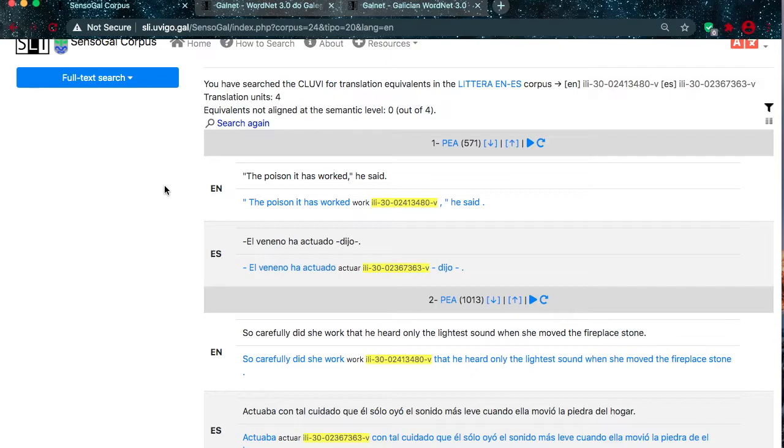Like the majority of natural language processing, or NLP technologies, semantic annotation is far from being an exact science and in many ways incomplete, even more so for languages other than English. Nevertheless, it is clear that the search tools available in Sensogal are of great value, both in language pedagogy and linguistic research. This concludes part 3 of our tutorial for exploring Litera through Sensogal. We hope you find this to be a useful resource in whatever your language interests may be.